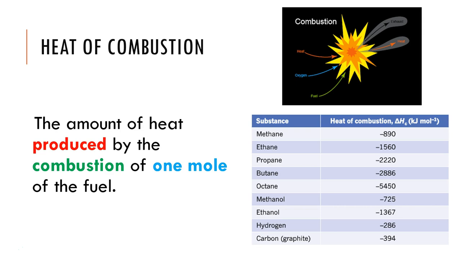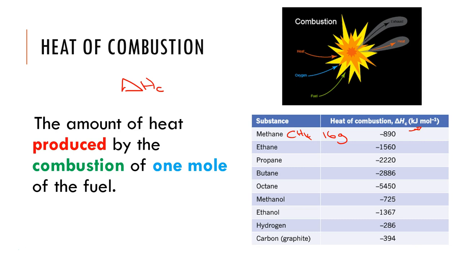So when we talk about heat of combustion, we are talking about the enthalpy of the reaction for combustion. So we give it a little subscript C. So we're talking about delta HC. This is the amount of heat produced by the combustion of 1 mole of the fuel. Okay, so if we're talking about methane, which is CH4, 1 mole of that fuel is going to be 16 grams of fuel. Okay, is going to give rise to 890 kilojoules of energy, because we get 890 kilojoules per